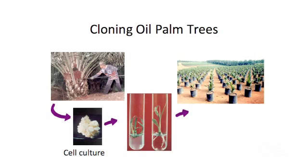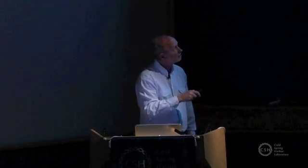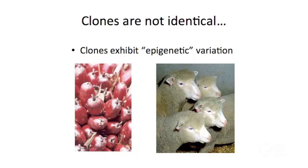They can generate thousands of copies of the same tree by using something called micropropagation, in which they take what amounts to the heart of palm, if you like, which is the leaf at the top of the palm tree, and they take that, put it into tissue culture, and can regenerate literally thousands of little seedlings from that one parent palm. And because they're clones, they all have exactly the same genetic constitution. They've both got the 2 copies, the shell gene from one parent and not from the other. And so they should, in theory, have fantastic yield. And often they do these days. But sometimes they don't. And in fact, the first time this was tried, before it was perfected,